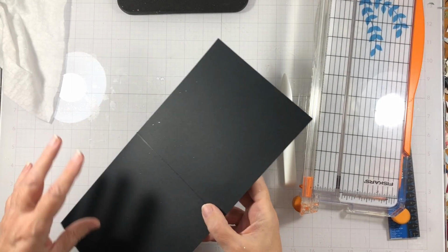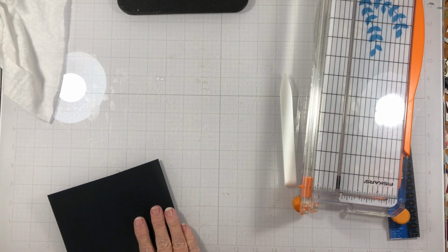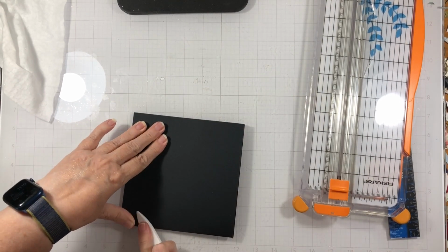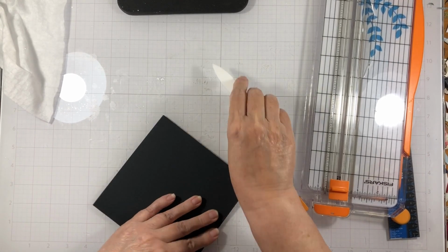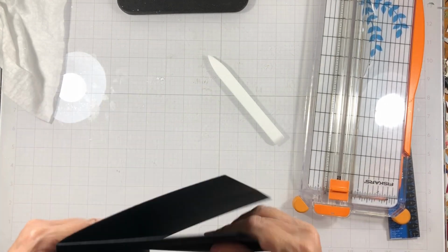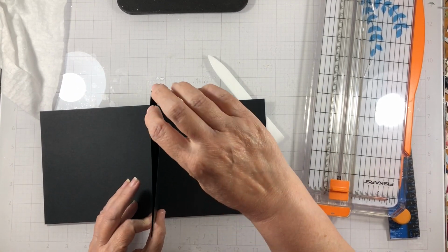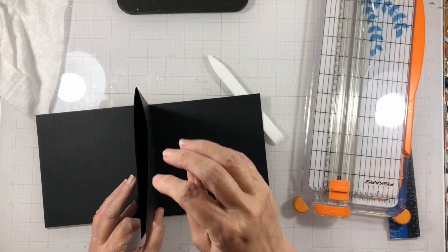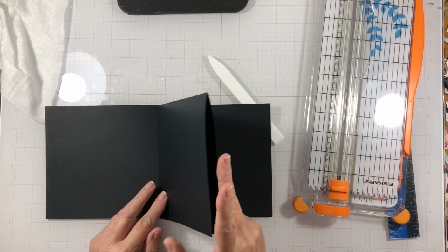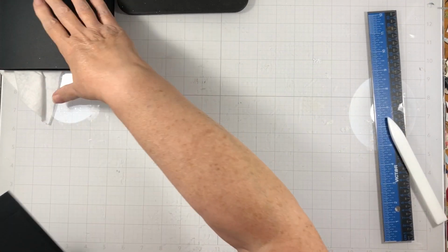it's not bad. Okay, and then we just did that, and then you're going to turn it over and fold this one that way. And again, I'm going to try and line it up as best I can. Okay, so what you end up with is this opens, let me turn it this way. This opens like this, then you have, this is the fold right here. This opens and you have an opening, which would be where your side pocket insert and your spine or your hinge are going to go. And then another page, and it's open at the bottom here, but we're going to close that. Okay, so there's one. Let me do the other two. All right, here we go. There